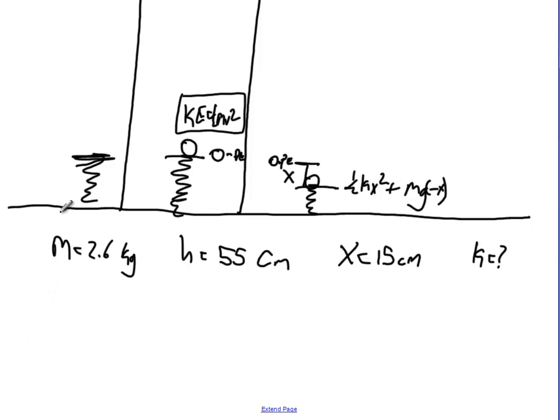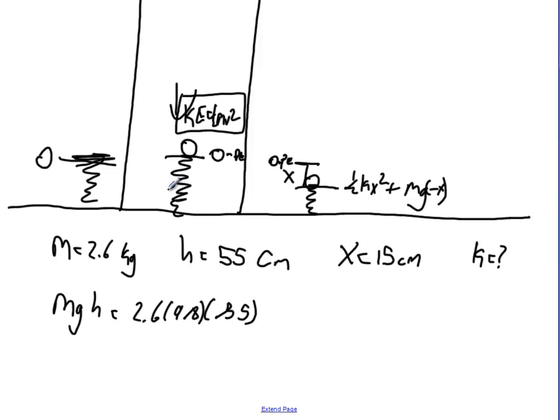Alright, so we start at the beginning. The total energy at the beginning, since I'm measuring from right here, is mgh, which is 2.6 times 9.8 times 0.55. That's the total potential energy in the spring. Now, I'm going to skip this part because the ball hasn't stopped here. It's still in motion, so I'm going to go right down to the end. This is what I really am interested in. Elastic potential energy in the spring. So this is equal to